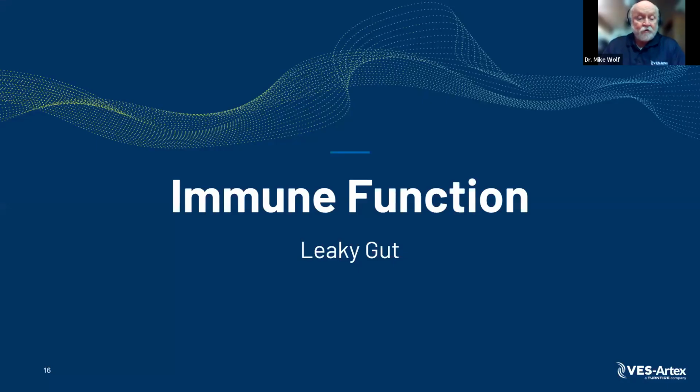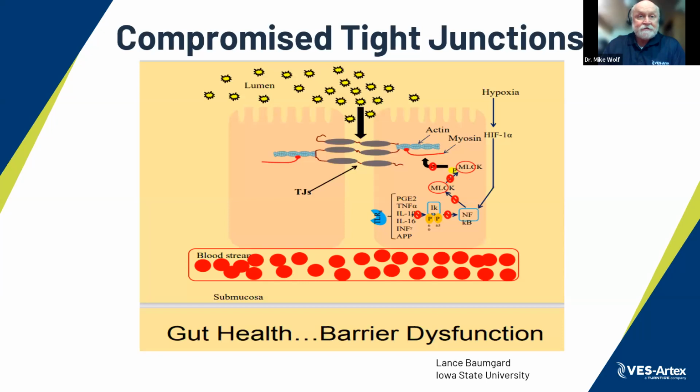So here's an important one that's often overlooked, the immune system. If we look at what's called leaky gut, under stress, we consider one of these little areas here to be a cell, and there's only one cell thickness between what's inside the lumen of the intestine versus the bloodstream capillaries inside the body. Under stress, the gap between these cells actually starts to come apart. There are actually little muscle cells involved with this leaky gut syndrome. It pulls apart and it lets chemicals and potentially even bacteria enter into the bloodstream